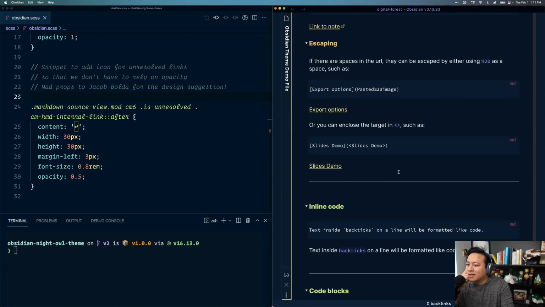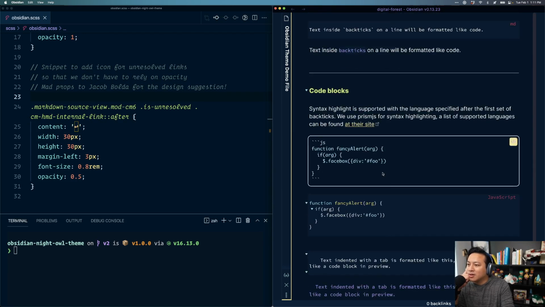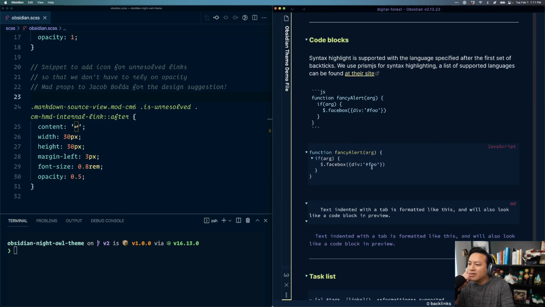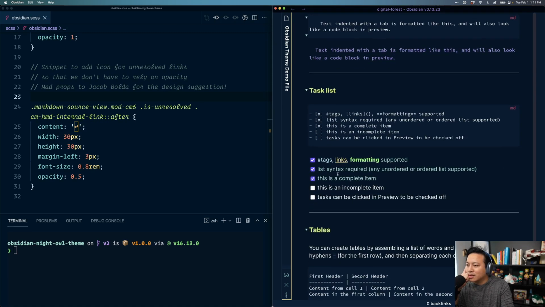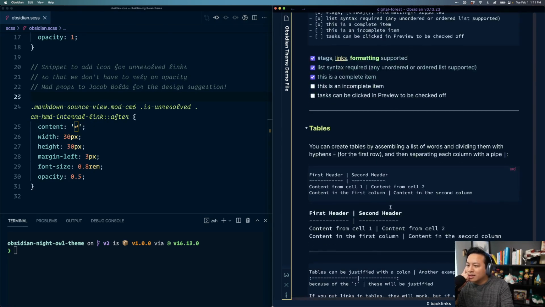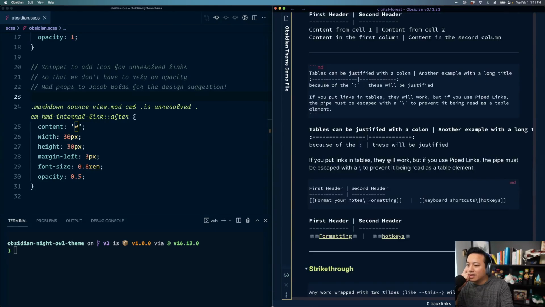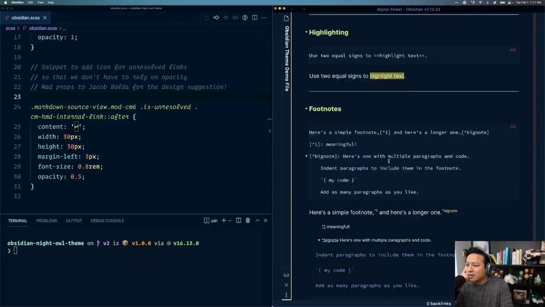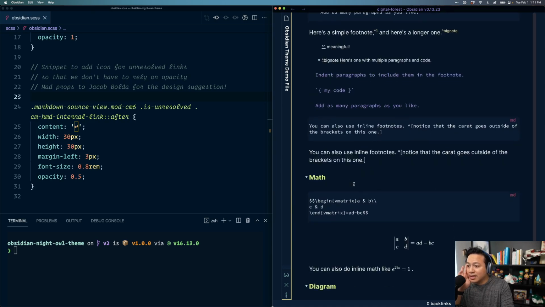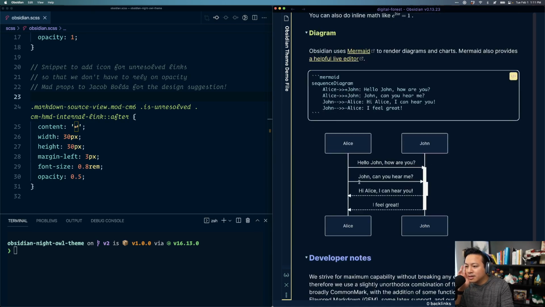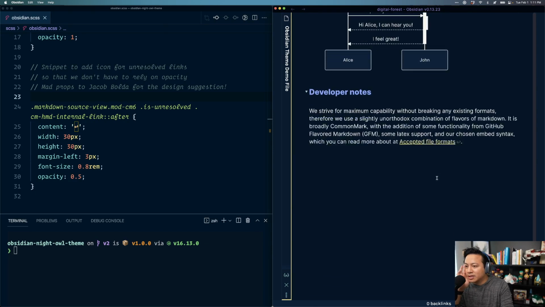Anyways, escaping, not worried about that. Inline code, that's fine. Code blocks. Yeah, oh, here's code block here. I really wish that I might need to look into the color syntax highlighting. I want that to be prettier. Incomplete, complete, great. Oh, funny, the tables look weird. I'm not going to worry about it right now. Strike through, highlighted text, sure. Footnotes are fine. Math is good. Diagrams are fine-ish. Not going to worry about that. Okay,